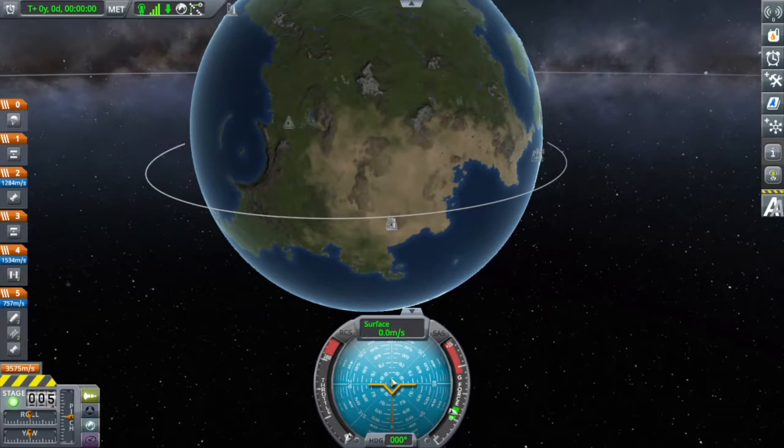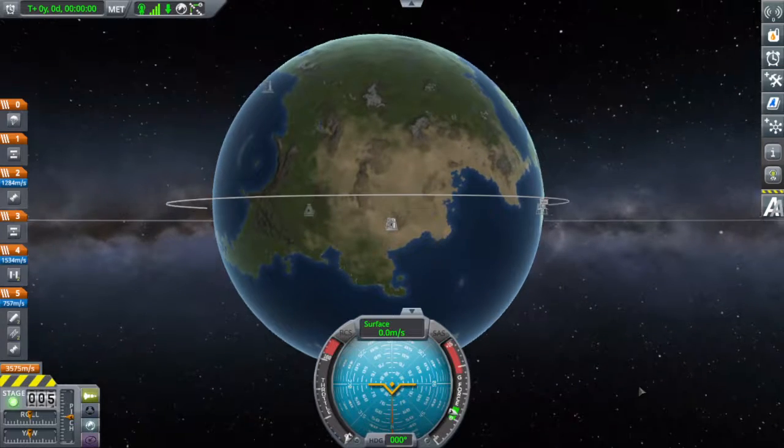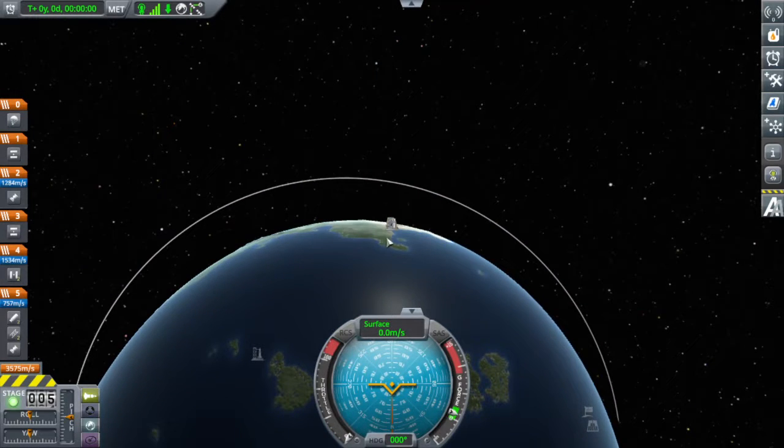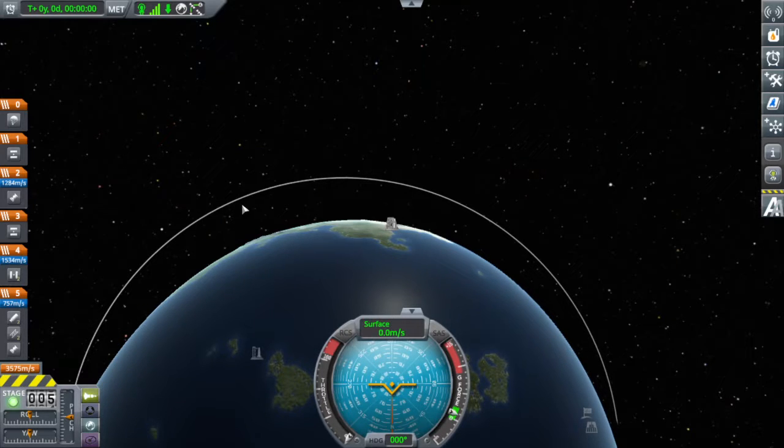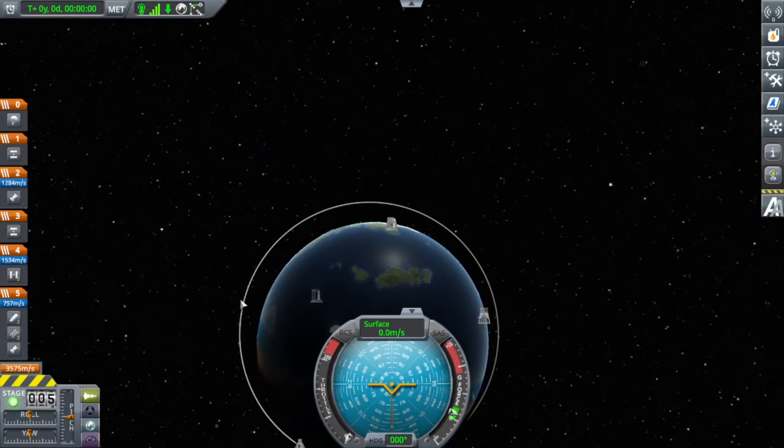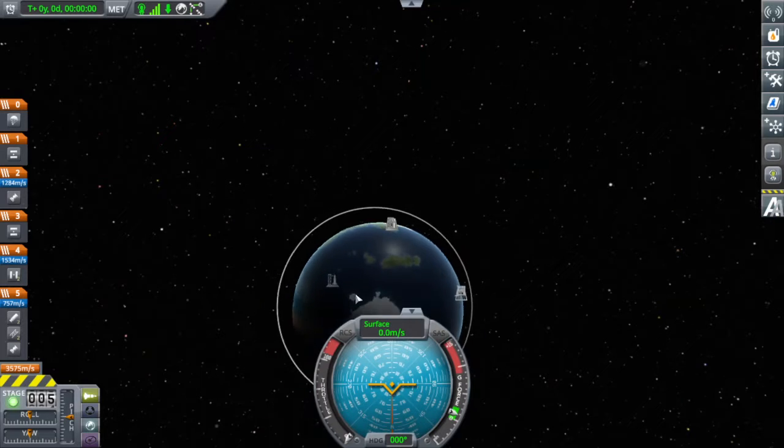So I'm also going to launch this guy at heading 270. And what I'm going to do, kind of looking at it like this, is burn straight up to about 10,000 meters. I'm going to turn it to 45 degrees towards 270, which is this way. And then I'm going to wait till the arc, or the apoapsis, gets up to the peak. I want it at about 100. And then at that point, I'm going to burn parallel to the surface of the planet as hard as I can in order to form a nice circular path around the planet as my rocket is falling towards the